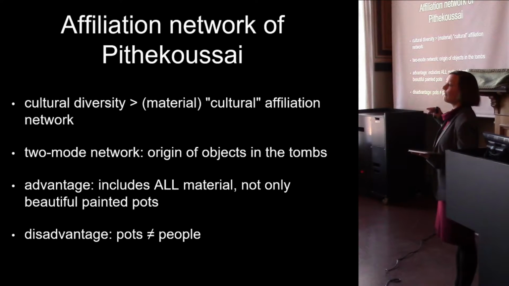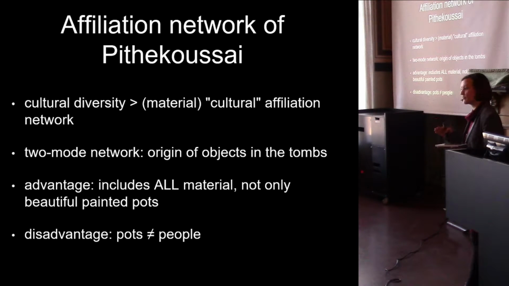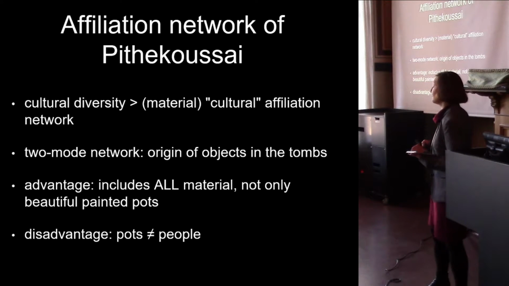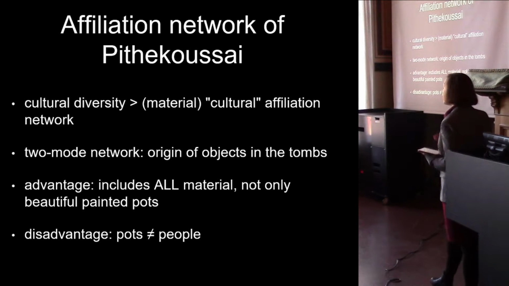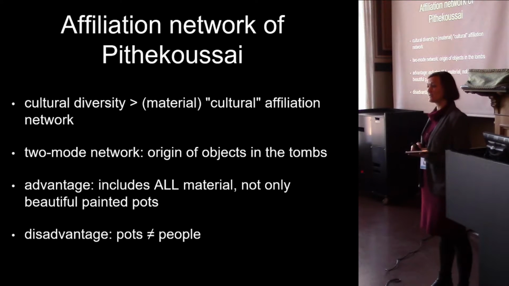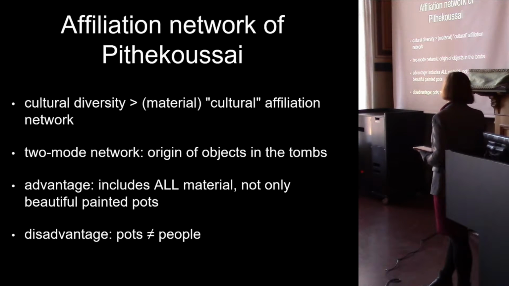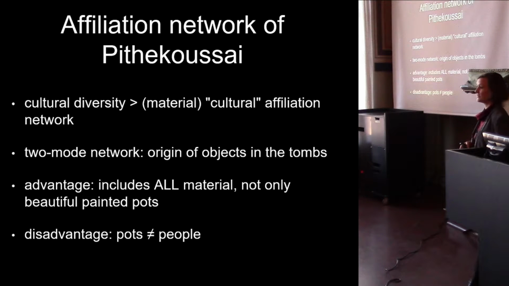And based on the shared social events these women had, they formed small subgroups. Another very famous case study is, of course, the Board of Interlocking Directors. So these are the examples I based myself on to look at some sort of cultural affiliation network of Pithekoussai